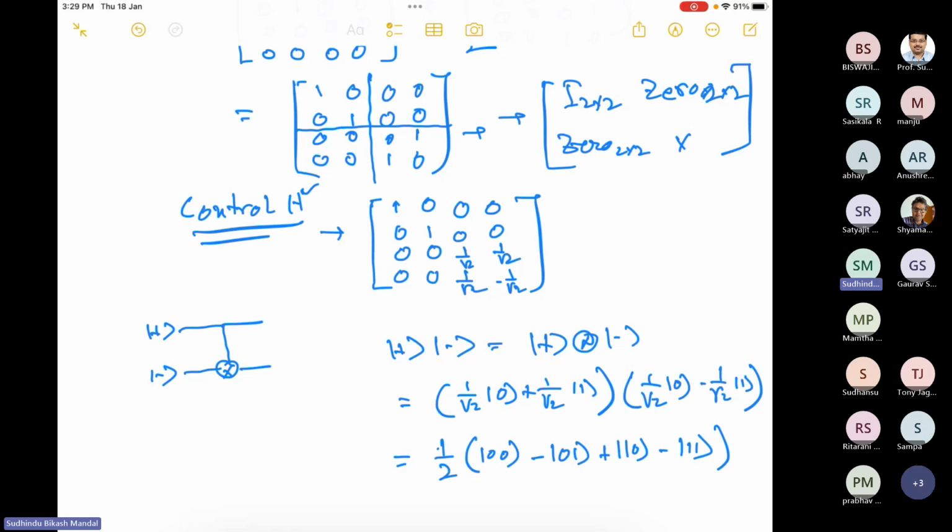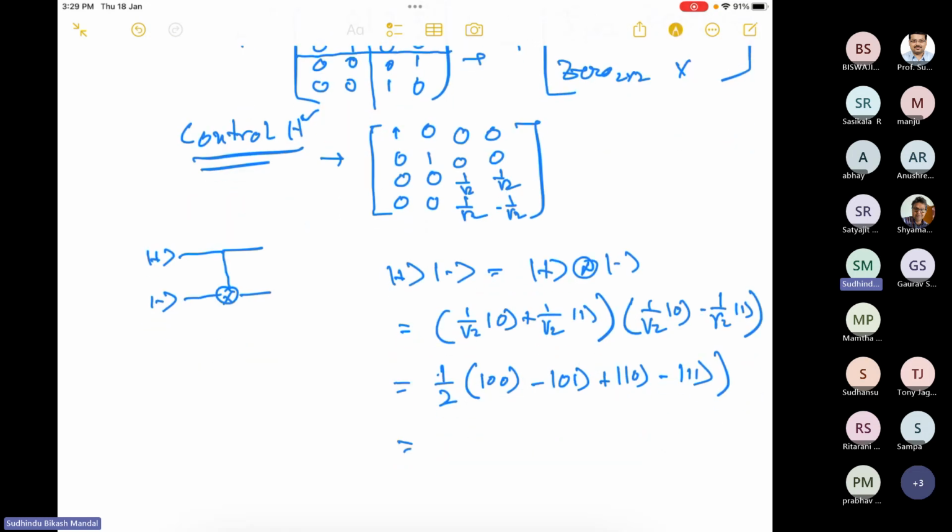Now we need to apply the C0 gate between these two. There is a control and this one is target. This one is control, this one is target. This one is control and this one is target. This one control and target. So if I apply this, 0, 0 remains same. Minus control is 0, target will remain same. Now control is 1, so target will be 1, 1. Now control is 1, so target will be 0, 1, 0. Fine. Now, oh sorry, there will be half.